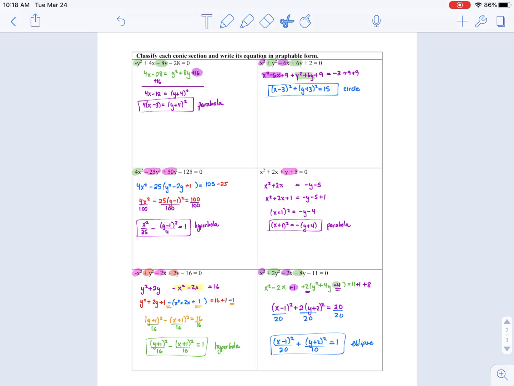Tonight's homework, not only does it have you identifying what conic it is, but it also has you graphing these now that they're in the graphable form. That will help you practice preparing for your test. Test will be in